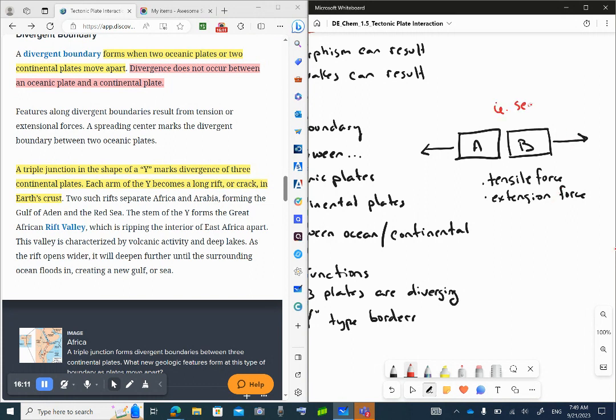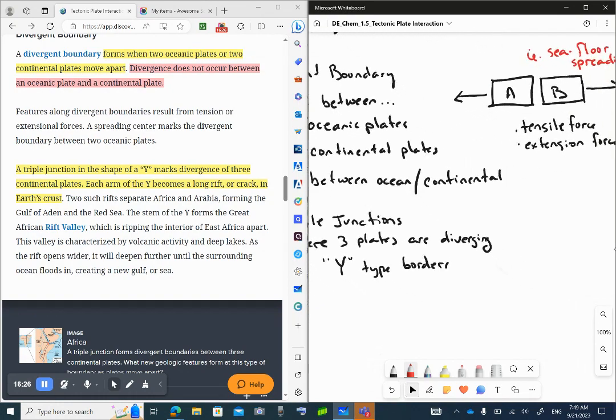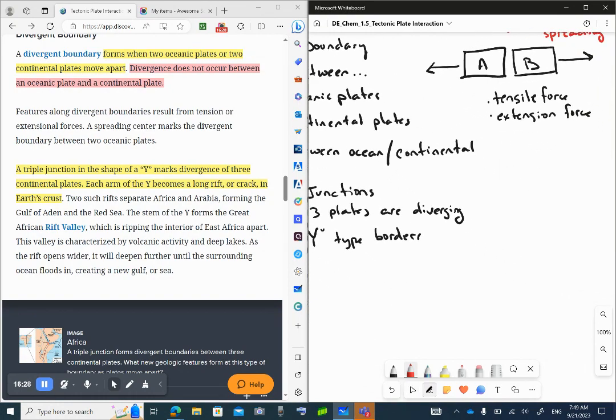I.e. sea floor spreading, because that would be an example of divergence between two ocean plates. Okay. Now, if we come down here to our triple junction, and they give an example here on the left,